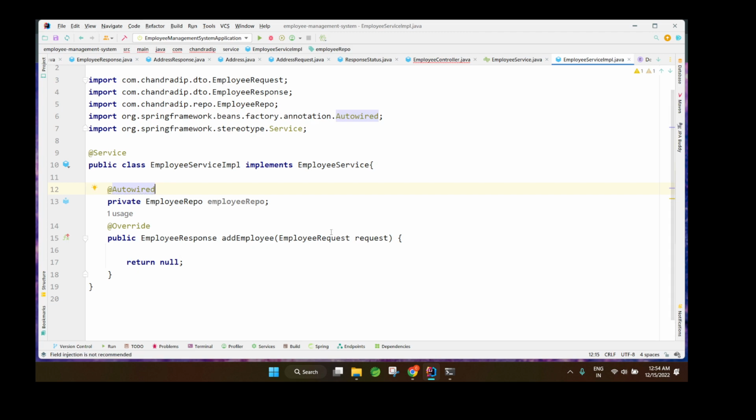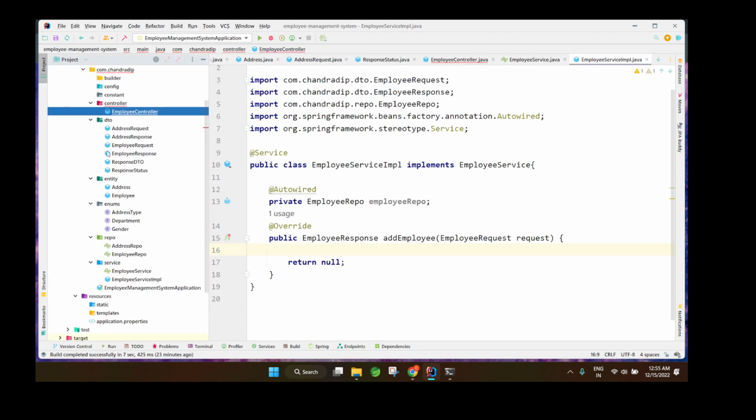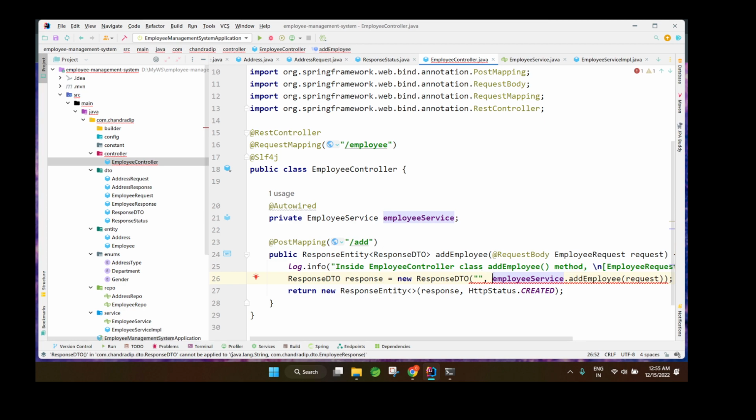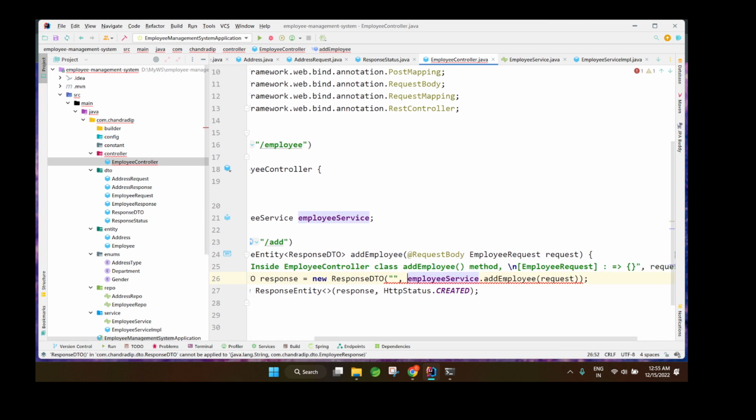Okay, again now we can see here the request is coming in the form of employee request and we require a response in the form of employee response. And okay, we have to save an employee entity. So for that we will use the builder pattern to convert request to response. Okay, so let's go to the builder package. Employee,